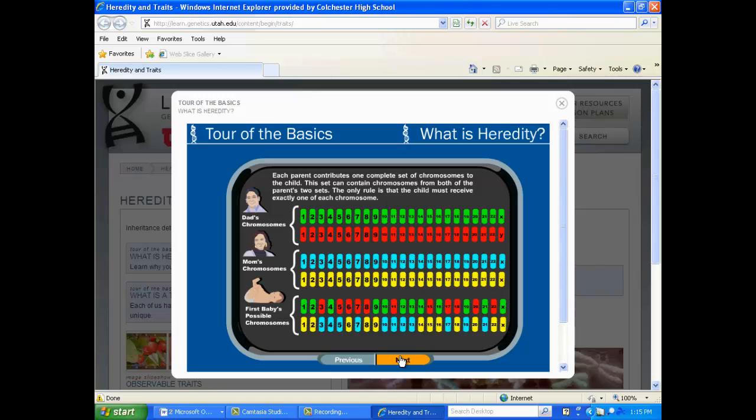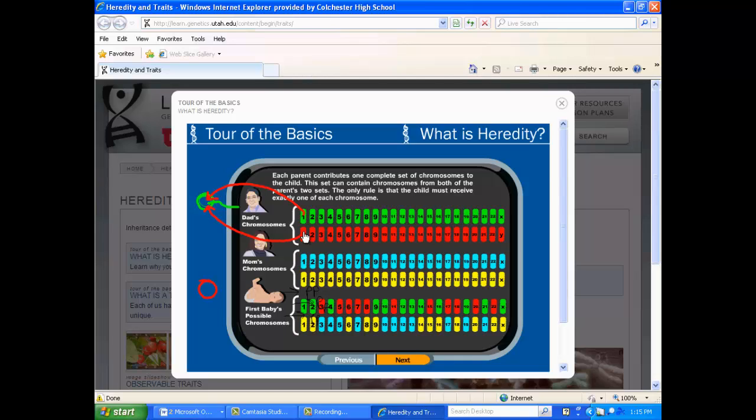So dad could pass on... If we're talking about, it's going to let me draw up here. Okay. There's my sperm cell. There's my egg cell. Understand that each sperm cell, each egg cell has 23 chromosomes. We know that dad has 46, though. So here's the thing about genetics. If we're talking about the first set of chromosomes, dad can either put that chromosome in from group 1, or he has no choice in the matter,